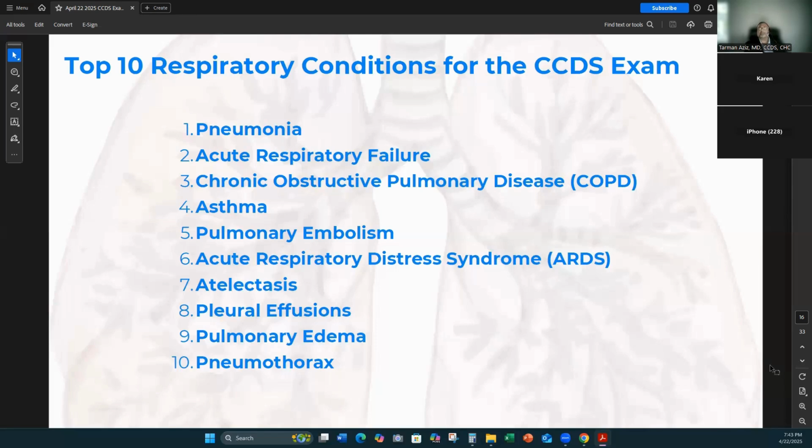Keep in mind, some of the CCDS questions are about medical knowledge. They're not all about applying coding rules and knowing about ICD-10 theory or about query practice. Some of it just is about your medical knowledge as well. So make sure you understand the basic anatomy, pathophysiology, and treatments in the way of pharmacotherapy for these 10 conditions as well. Well worth reviewing this list.